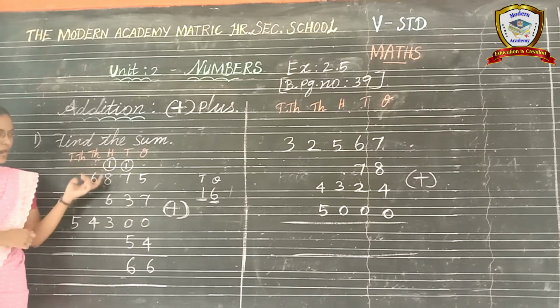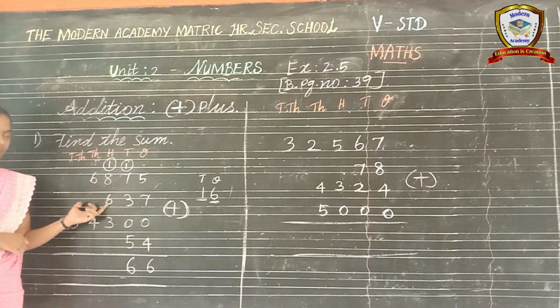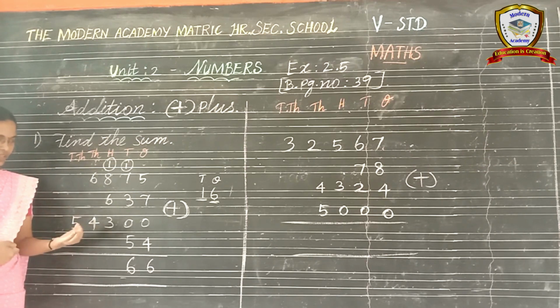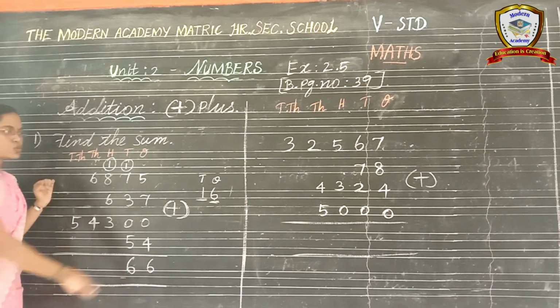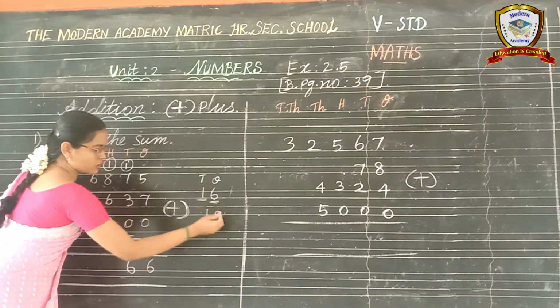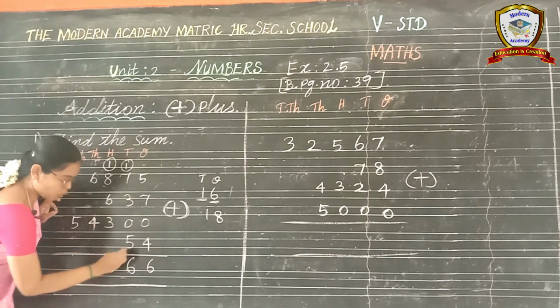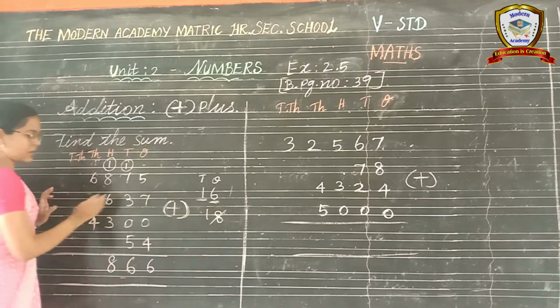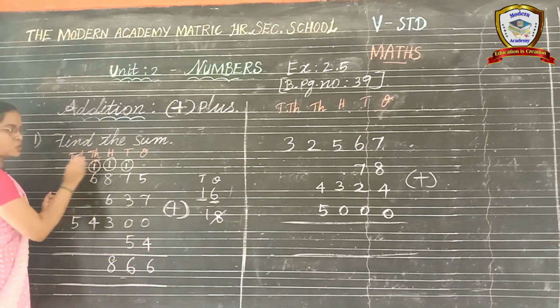Now you have to add these two numbers. 1 plus 8, 9. 9 plus 6, 9 in the mind, 6 in the fingers. 9 after, 10, 11, 12, 13, 14, 15. Okay, so 15 in the mind, 3 in the fingers. 15 after, 16, 17, 18. So we get 18. So ones number we can write down. Next tens number carry over to 1000 place.